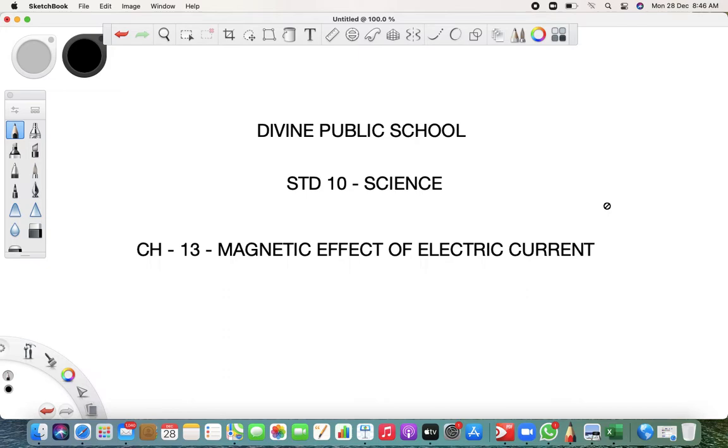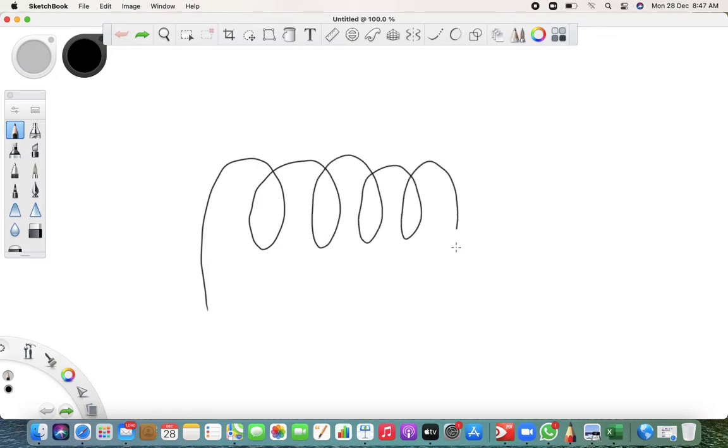See, let me show you. The construction of solenoid is quite simple. First of all, you have to turn the wires, right? Take an insulated copper wire, and you have to wound it in this form. Can you see? You have to wound it in this form, okay, like this way. It can be basically in the cylindrical form as we can see. This way of turning around the wire is called solenoid. This construction is called solenoid.